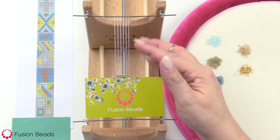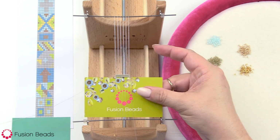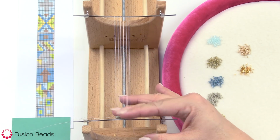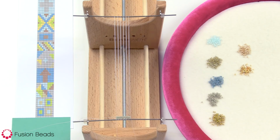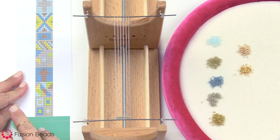Okay, now for the Ricks Beading Loom, the way you want to use your warp separator is, now that I've got a couple rows on, I can go ahead and remove this and slide my beads down to the bottom. And this is going to be a little bit different for every loom. So again, make sure that you check how your manufacturer suggests setting up your loom. So I've got the first 2 rows done here. And again, moving it up